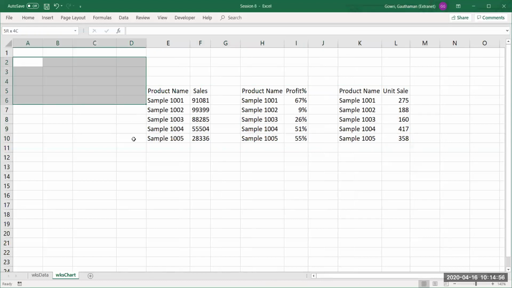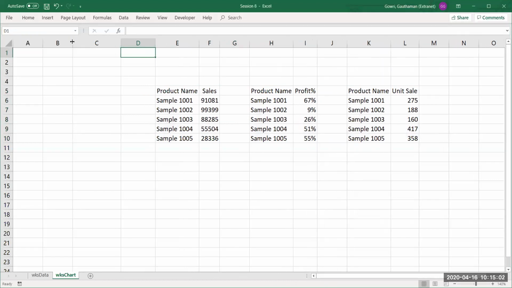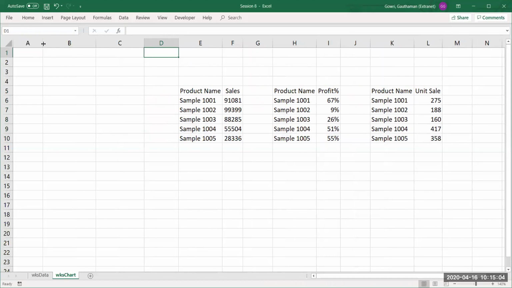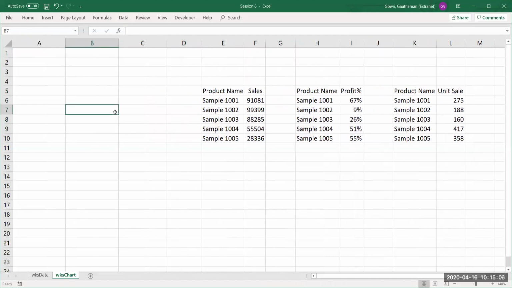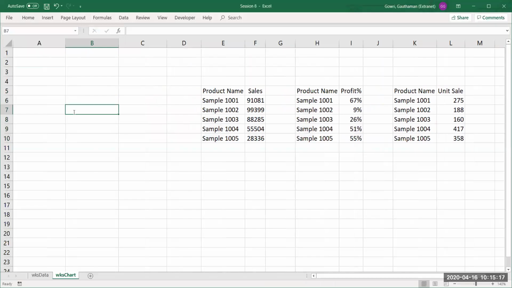So right at this point. So now let's add it. Let's go back. So I want to dynamically assign to it. So what I'll do,